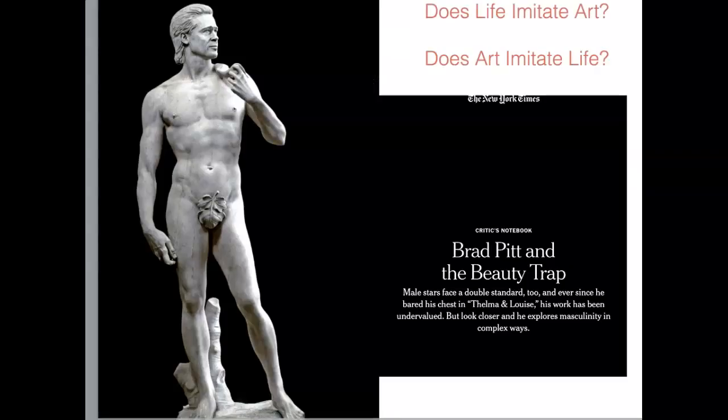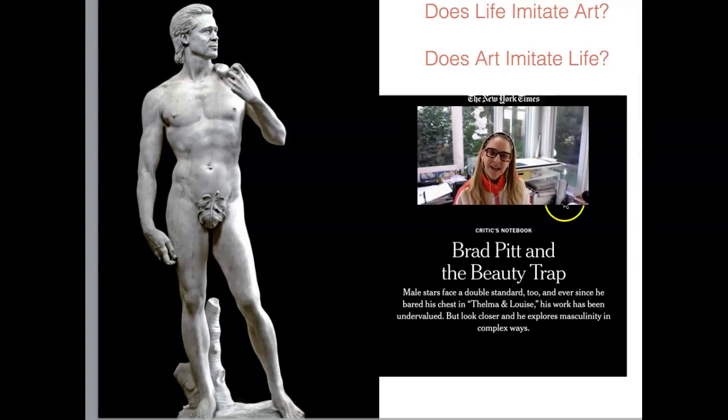Last year when I was teaching this course, all of a sudden the Sunday New York Times Magazine had this on the cover. It is a sculpture of a very famous Greek sculpture we're going to look at probably next class called the Kritios Boy. And they put Brad Pitt's head on it. So I thought it was kind of crazy, and I want you guys to remember this when we look at the sculpture. It's an interesting question to ask ourselves, does life imitate art? Does art imitate life? And I think the more you learn about art, you'll start to see these connections in society. And here it is.